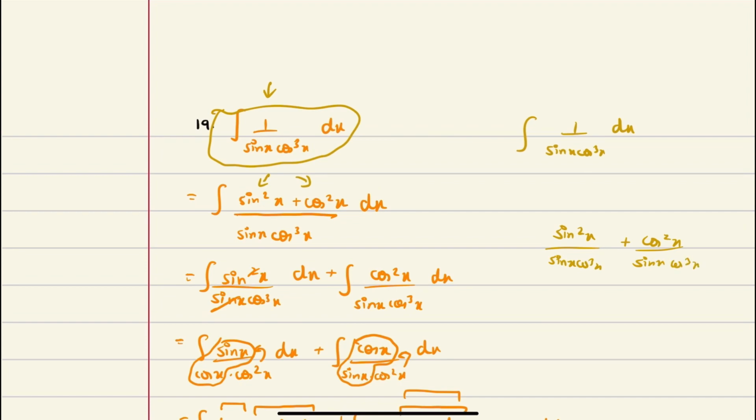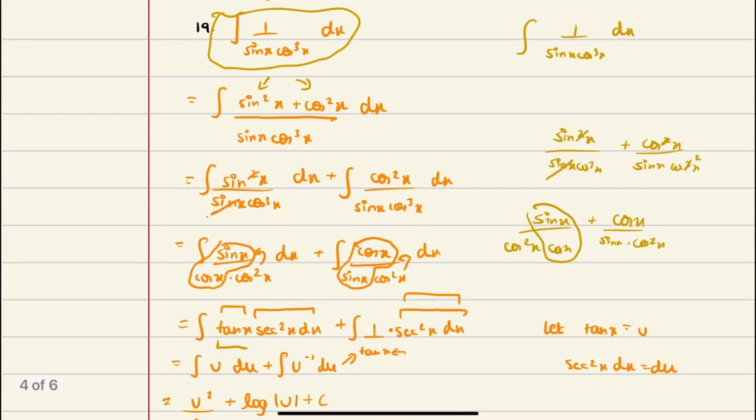So here we see that this sine and that power cancel, and I'm going to write the first term as that, and here I'm going to cancel one of them, so this power just becomes a cosine x and that becomes a 2, and then I'm going to write it out as it is, and you'll see why in a second. Now this becomes tangent x as I've written here, and this cosine goes up to form a secant